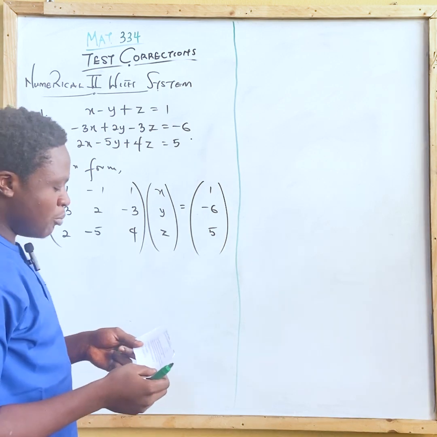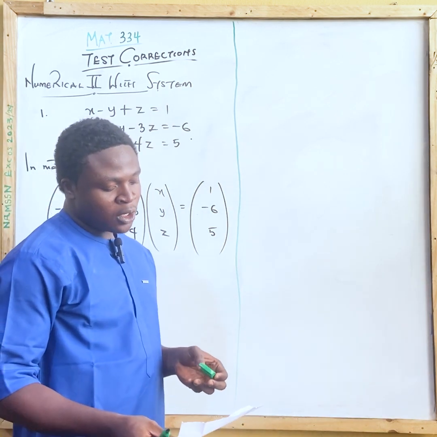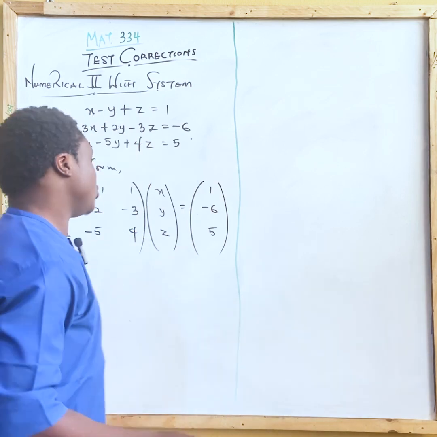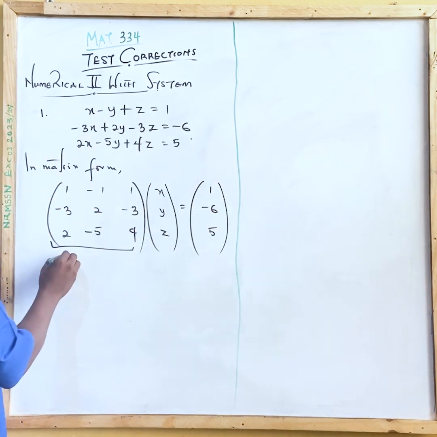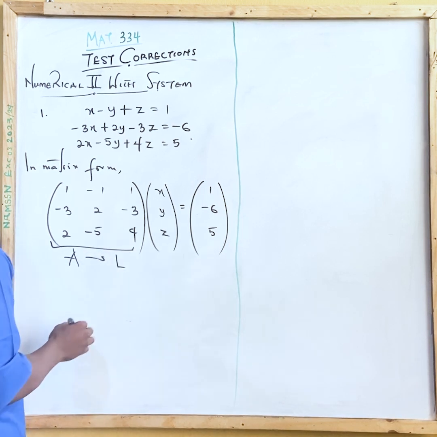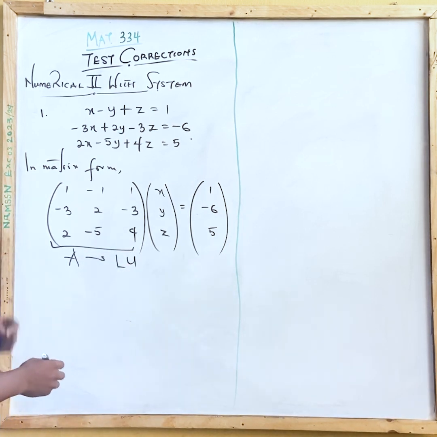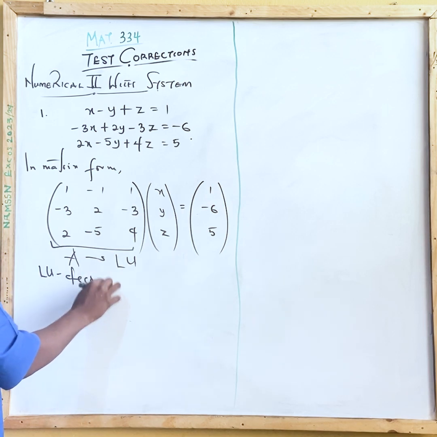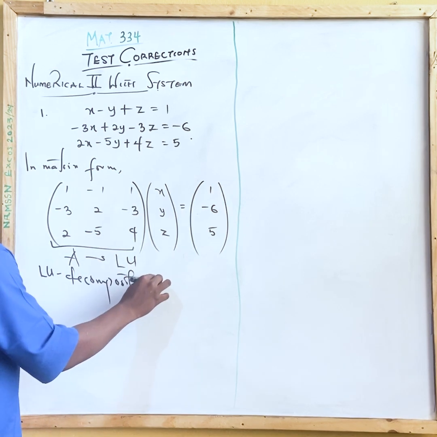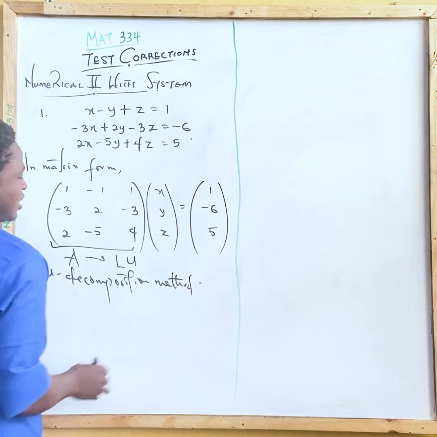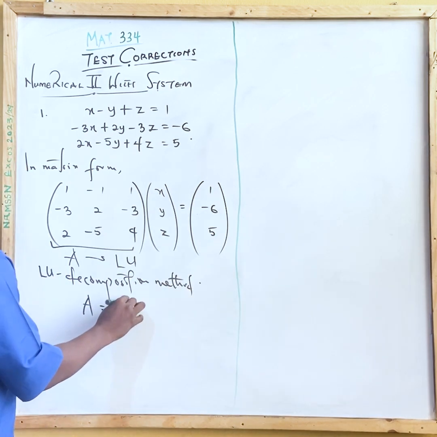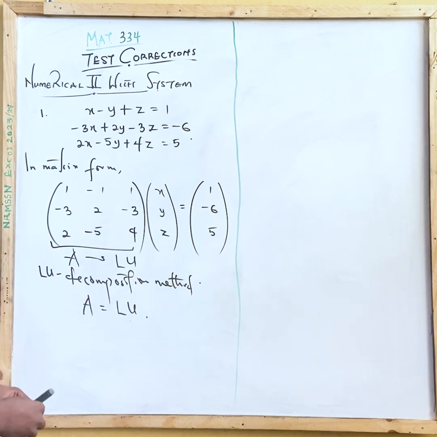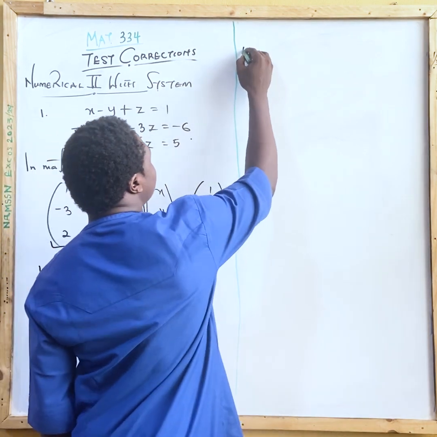We are asked to decompose the matrix A into a lower and an upper triangular matrix. So basically A equals LU. Now we know from our LU decomposition method that our matrix A can be equal to LU, where L is a lower triangular matrix and U is an upper triangular matrix. And then our L and U are of the form